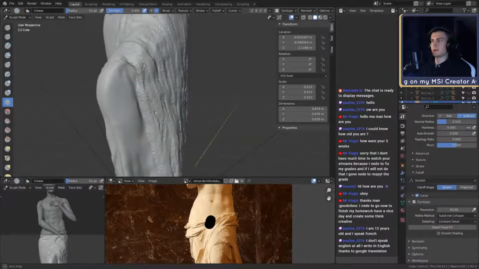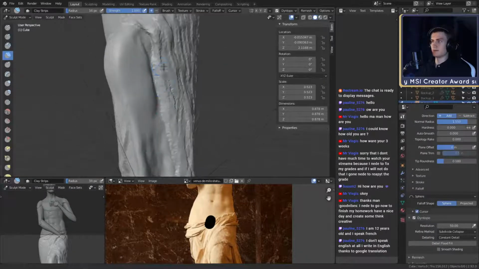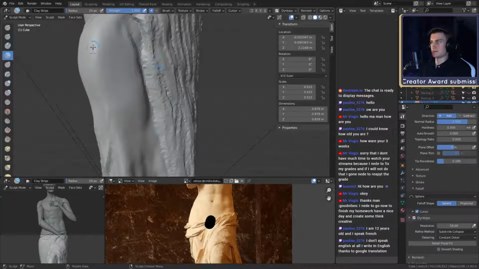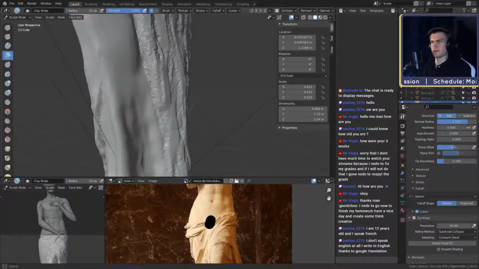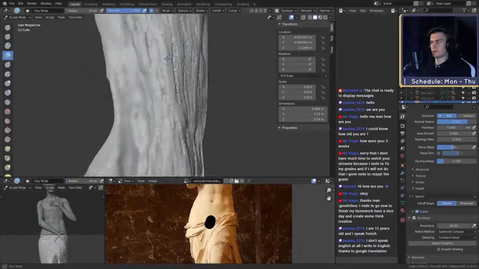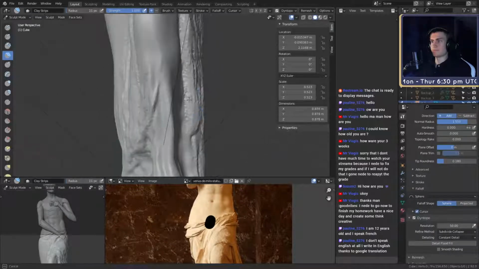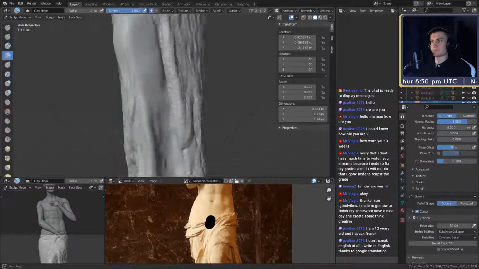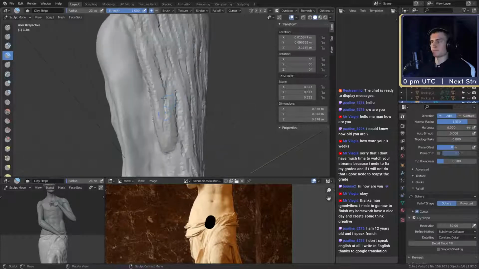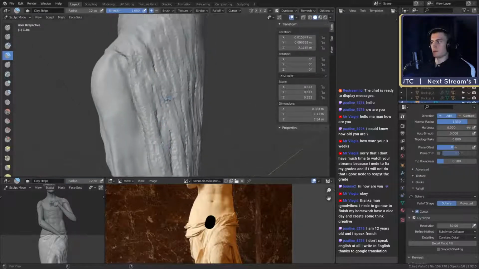Let's go. So I need some more volume in the front, right here, all the way down to roughly there, maybe even lower. There you go. Perfect.